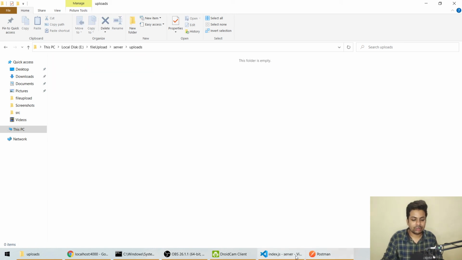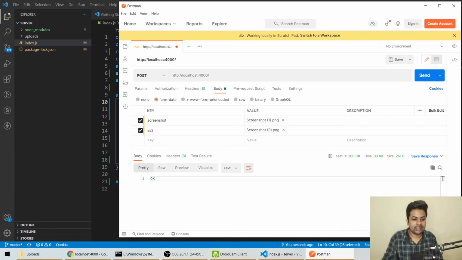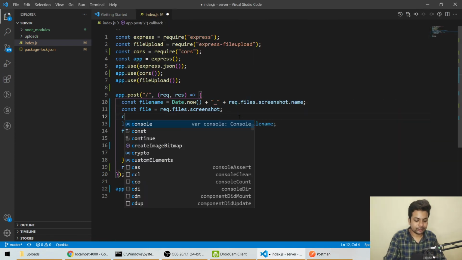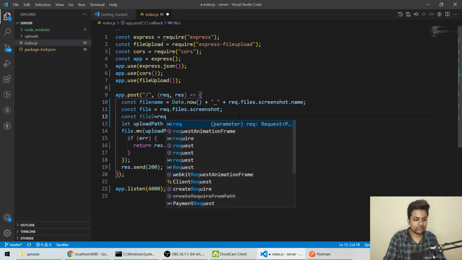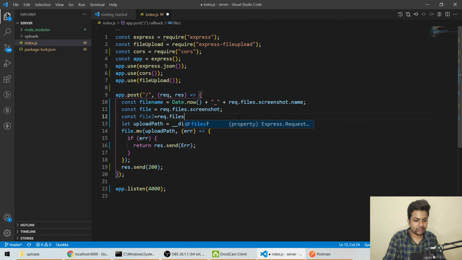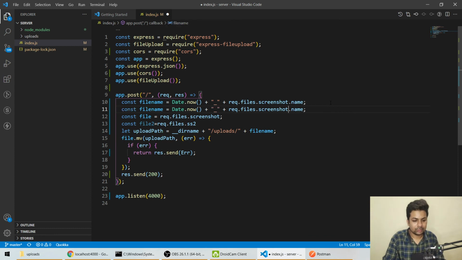Suppose the second file name is ss2, so what you can do is const file2 equals request dot files dot ss2, and the same for the file name also, ss2. You can loop it, but I am telling you the straightforward way. File name 2.